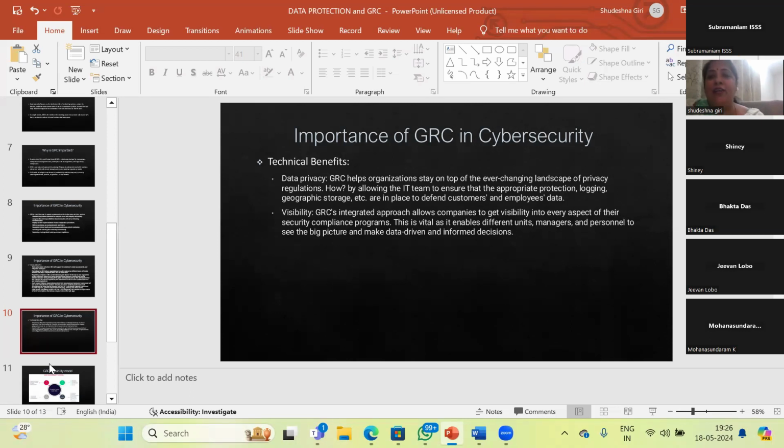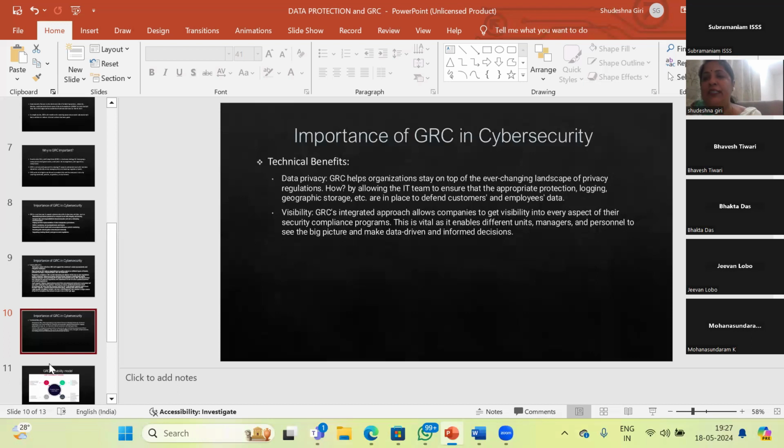There is not any set kind of standard. For example, if I say I am following ISO 27K and 27701 for data privacy, there are certain standards in the ISO privacy document. I have to see that, and I have to formulate my own policy and processes. So all the rules and regulations have some kind of alterations for different organizations? Yes. You will use the standard, but your policy and process will be as per the organization.